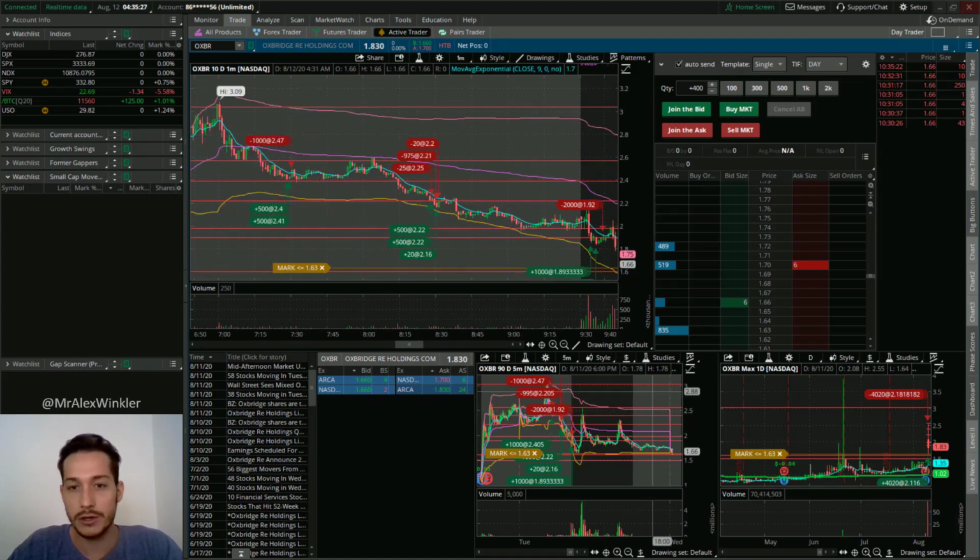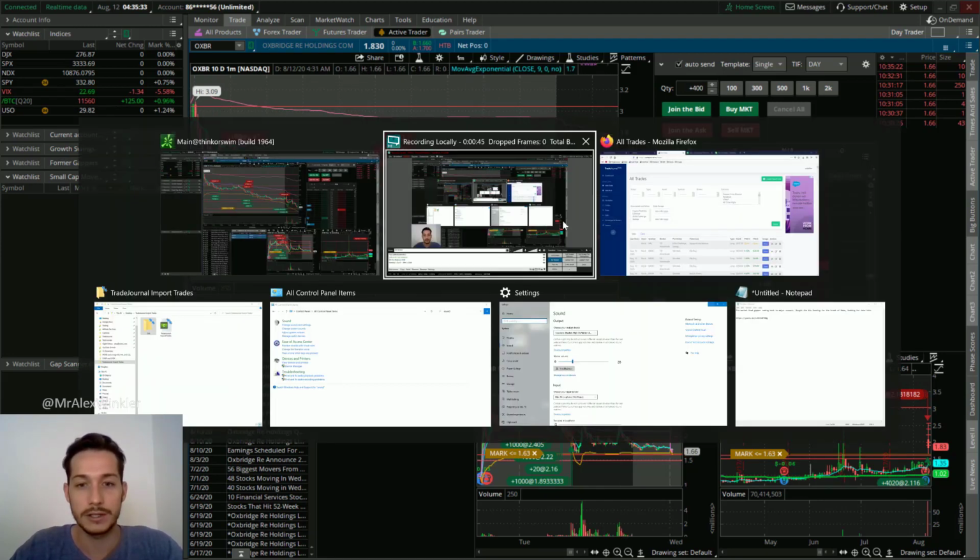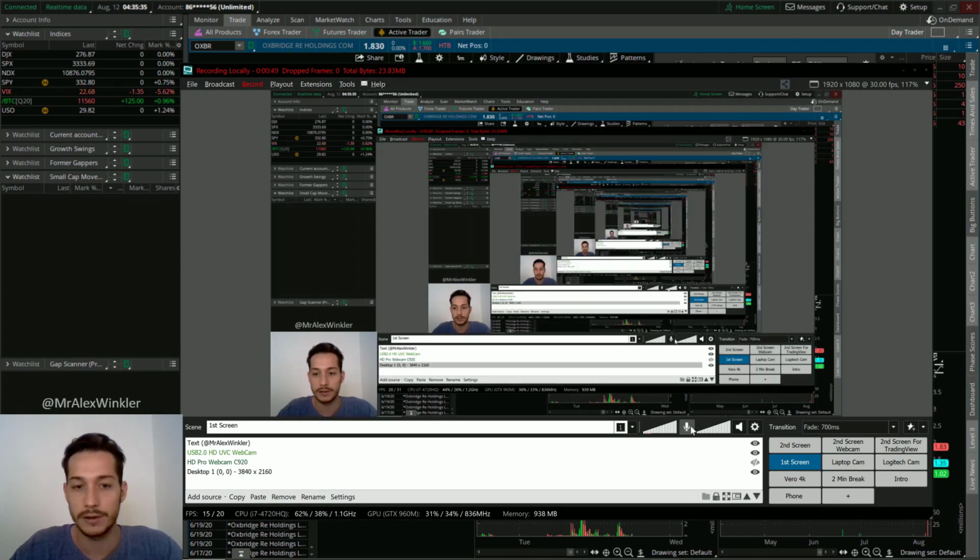OXBR, this is one of the tickers we traded yesterday, and here's some trades we did on it. So, how do I get these into Trade Journal? And let's actually go over to Trade Journal, and maybe before we go over to Trade Journal, something that we